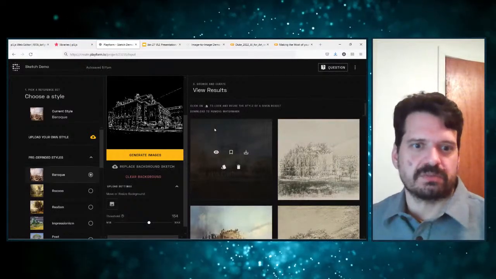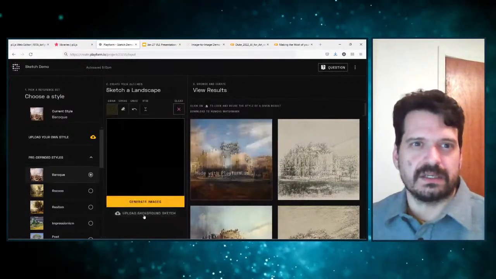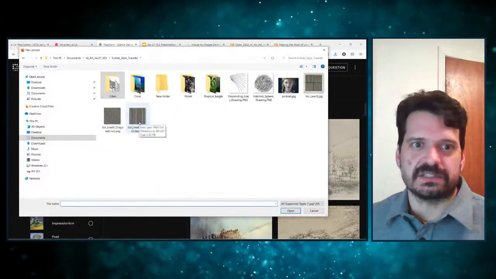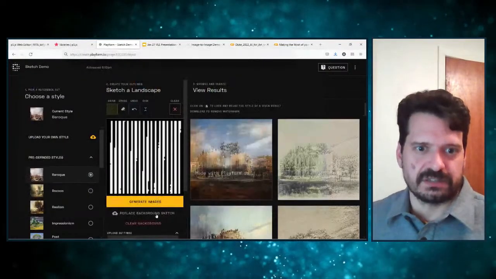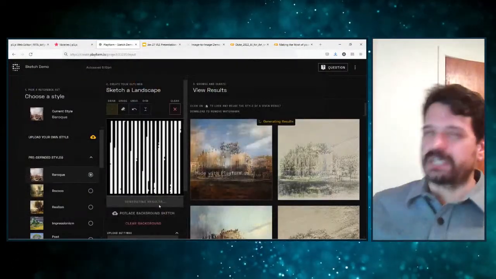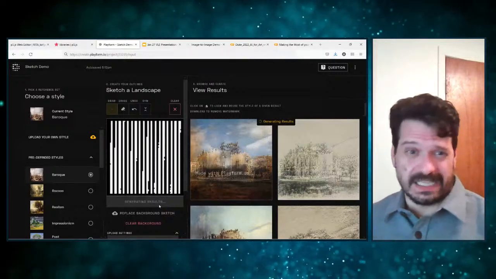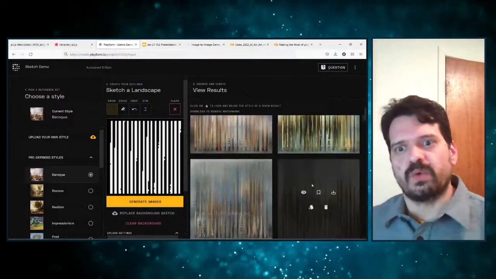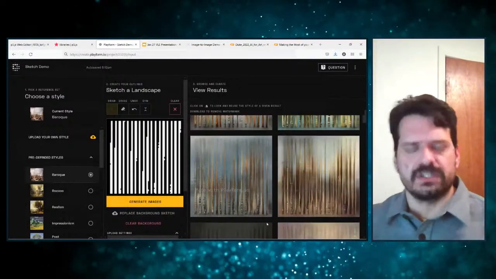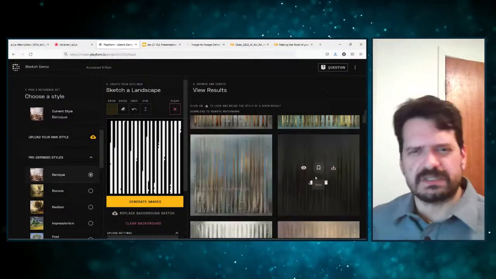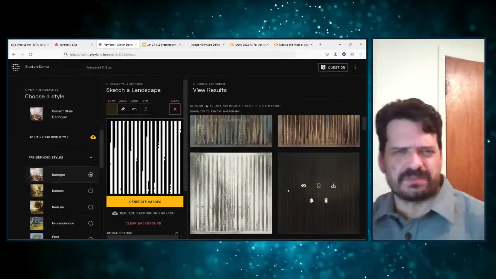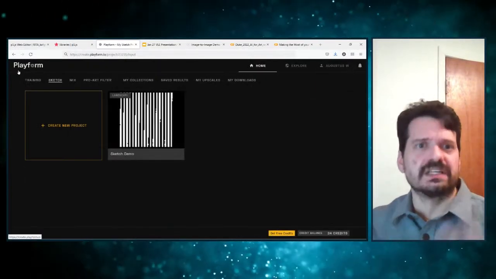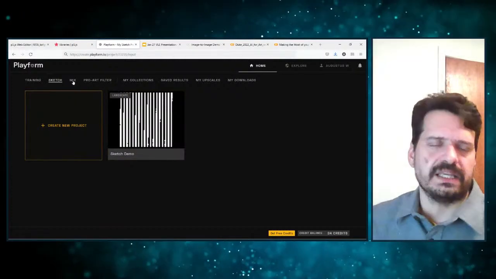If I were to replace the background with something totally not city-like, let's say a little piece of a Sol LeWitt line drawing, and generate, I'm not really working with the system here because it wants to draw a landscape, and I'm giving it just vertical lines, which is nothing like a landscape, but as a way of generating and finding new ways of thinking, this is intriguing. I can see the colors coming from certain paintings with the texture coming from this line drawing, and it is quite literally implementations of the